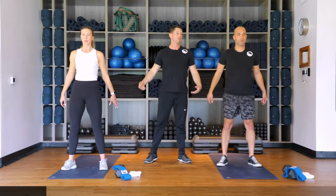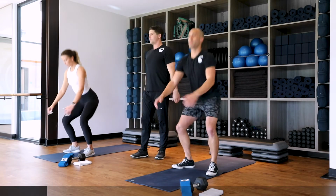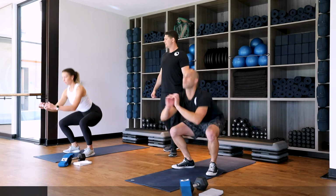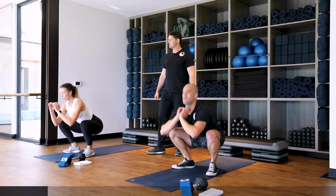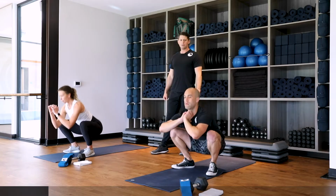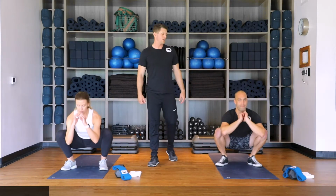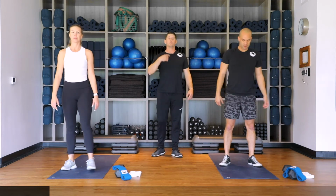All right, we're going to do 10 squats. Ready? And let's go down. Nice, good control. Pop back up, that's 1. Down, that's 2. Here we go, down, 3, down, 4, down, 5, down, 6, down, 7, down, 8, down, 9, down, and 10. Perfect. We're going to do 1 set of reverse lunges, and then we're going to hit our first block